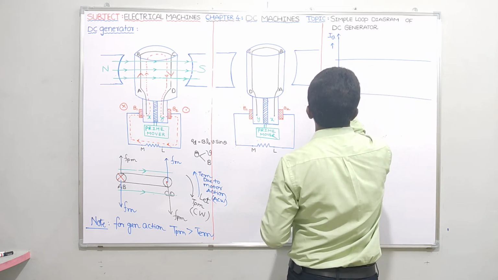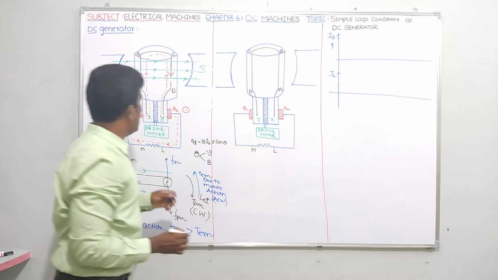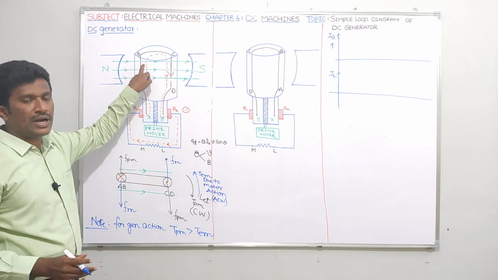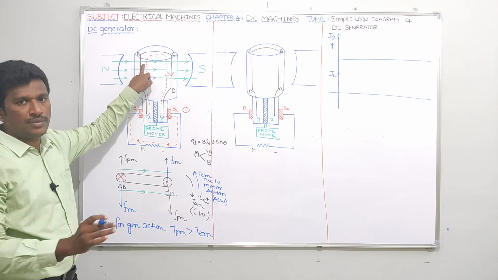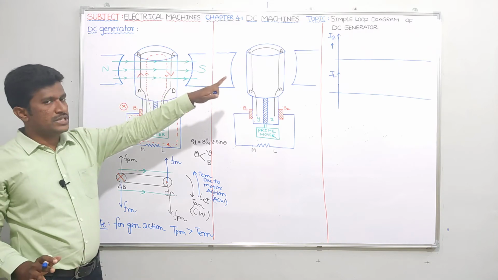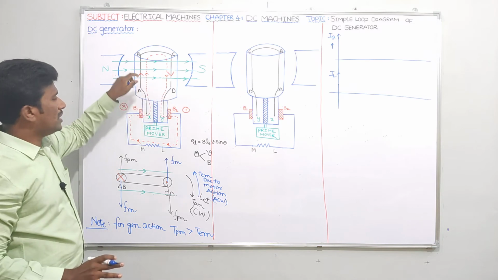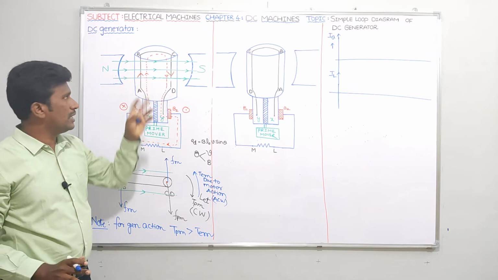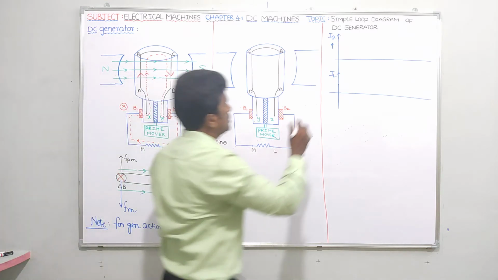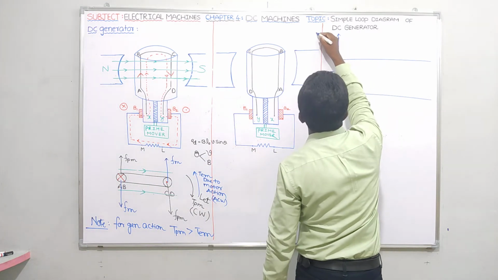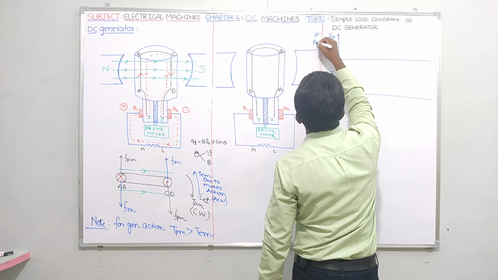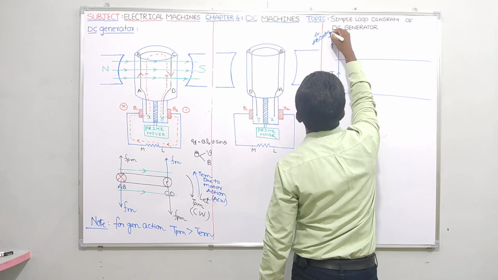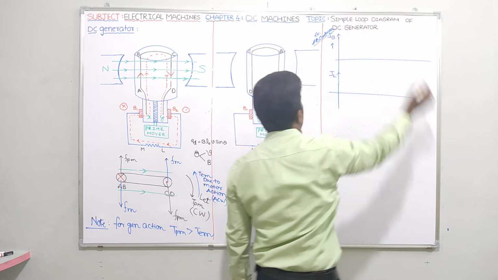Now tell me, guys, if you want me to draw the armature current waveform, I told you AB is a conductor. In a practical generator, the conductor can be called armature winding. If you want me to draw the armature current waveform shape, you can take any example, either AB conductor or CD conductor. It's your wish. Let me take AB conductor as the example.